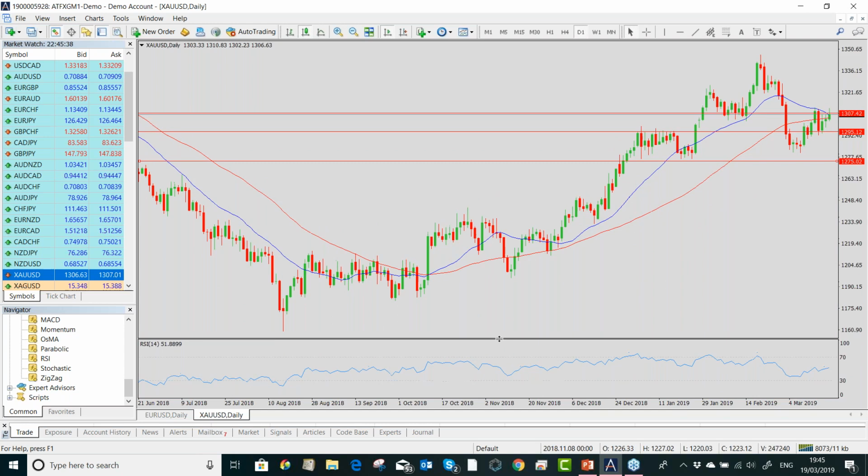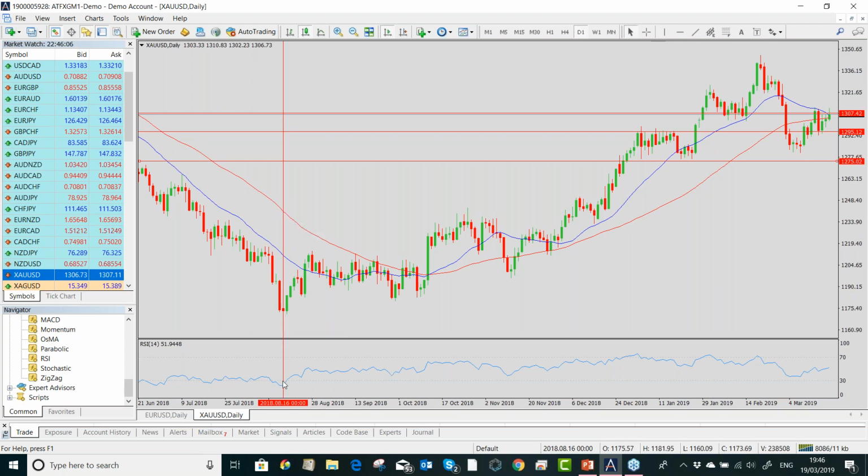So RSI, this is an indicator that can be used to indicate overbought and oversold. So it's generally said that if it goes above the 70% level, it's overbought, and below the 30 level is oversold. So can you see how, for example, in this downtrend here,